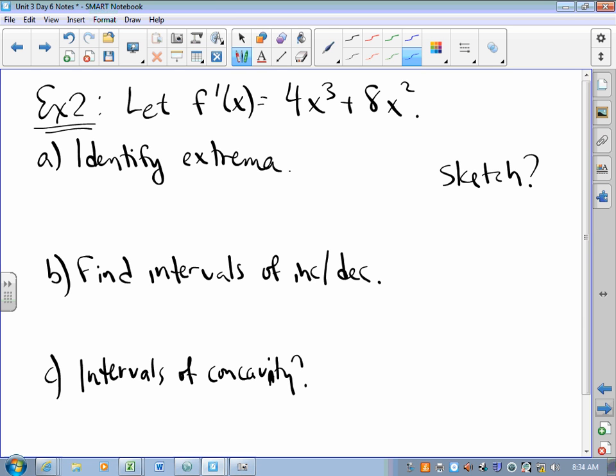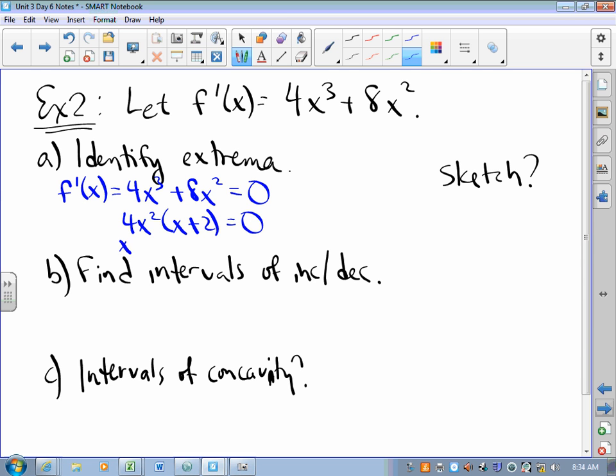Well, we take the derivative, which is 4x cubed plus 8x squared, and we set that equal to 0, and lo and behold, there are two possible extreme value locations. One is at x equals 0, and the other is at x equals -2. So that being the case, we can set up a number line,